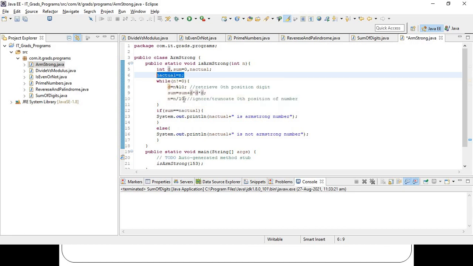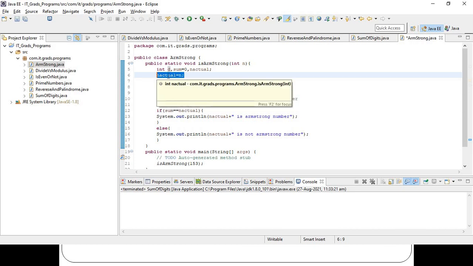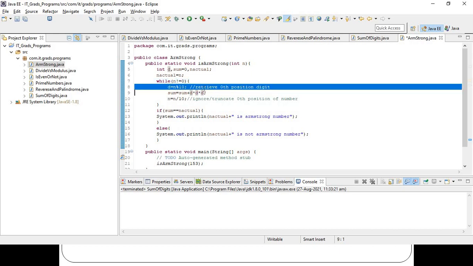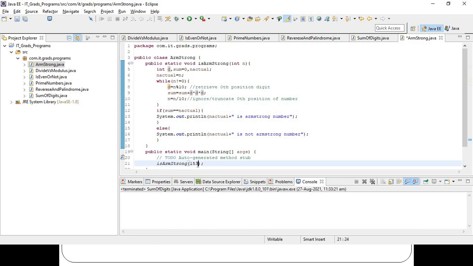We perform divide by 10 on that number so that finally n becomes 0. After the loop, n becomes 0. That is the reason I store my actual number, 153, in n actual. And then the while loop: while n is not equal to 0, I retrieve the 0th position digit, so 3 in my first iteration.